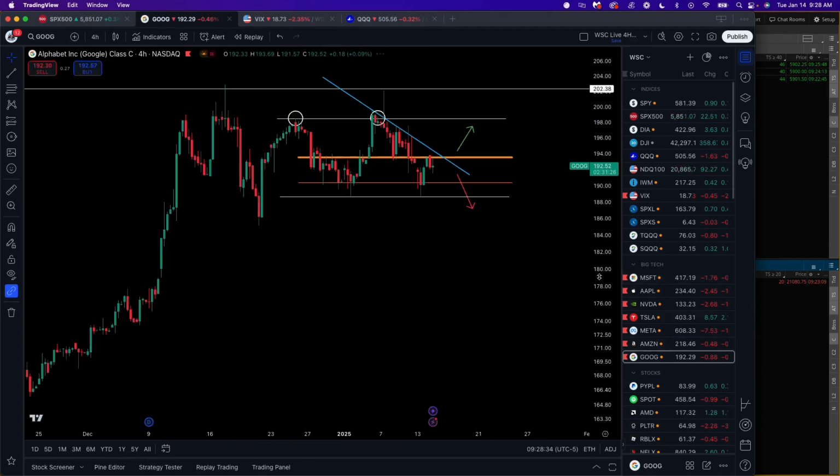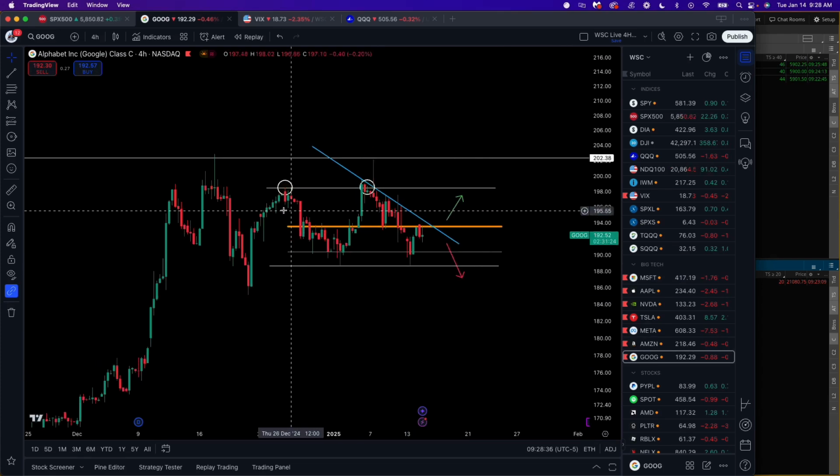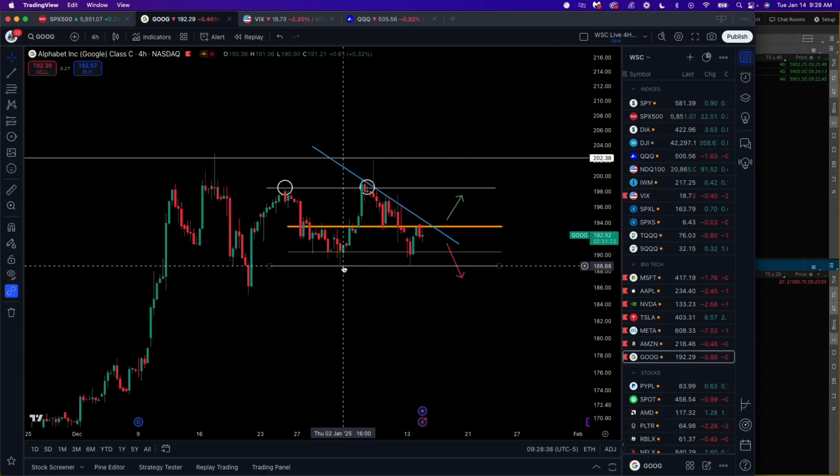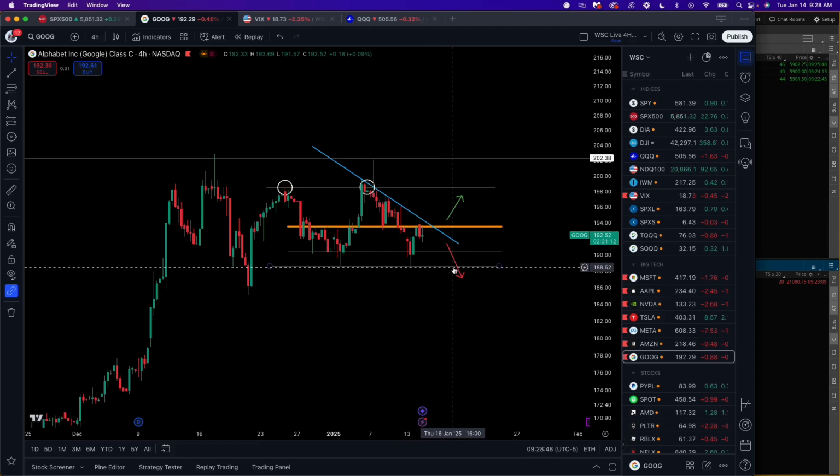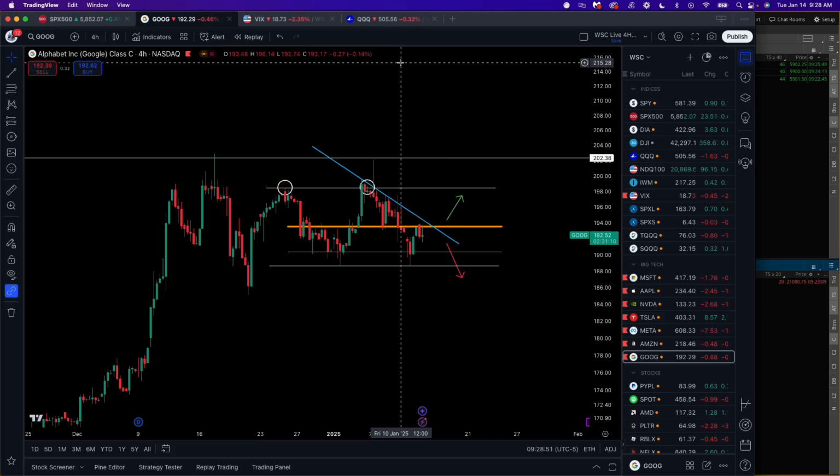And Google, let's go super quick. The same, bears are trying to scare here with a potential double top. Neckline would be at 188. We got resistance, which got biggest dark pool at 193. So breaking above 194 would be bullish, while below 194, bearish. Breaking below 188, very bearish. That would be double top.